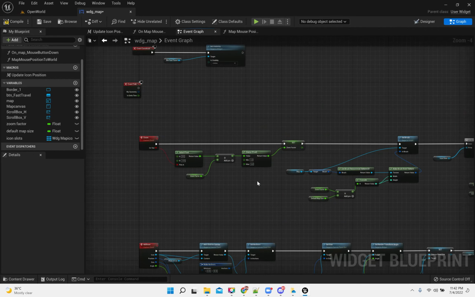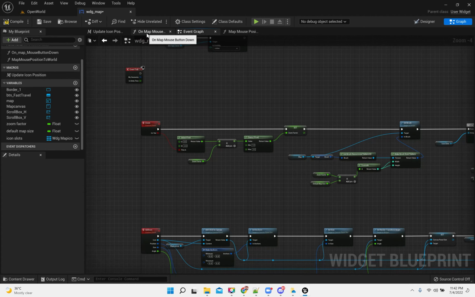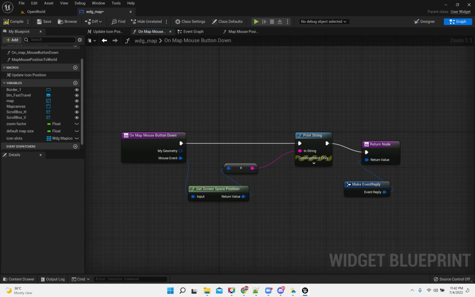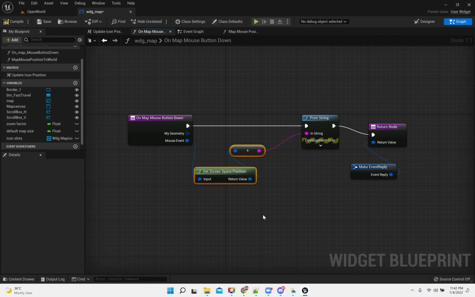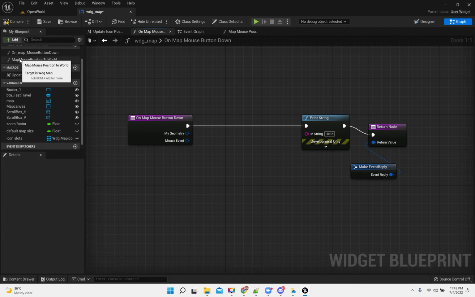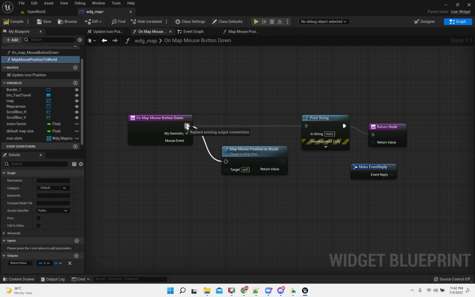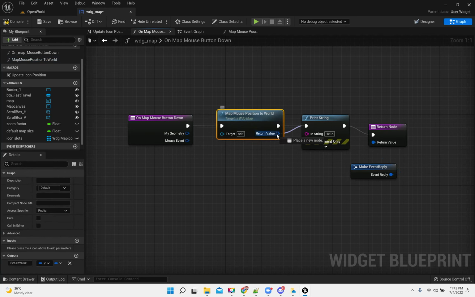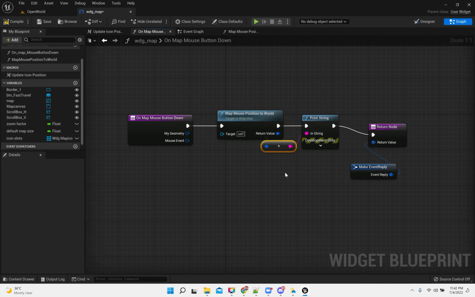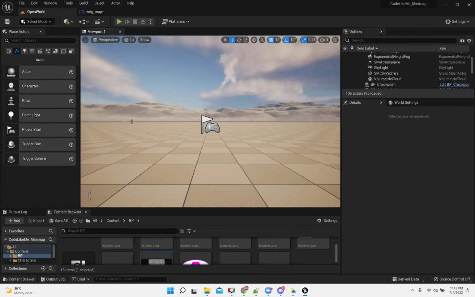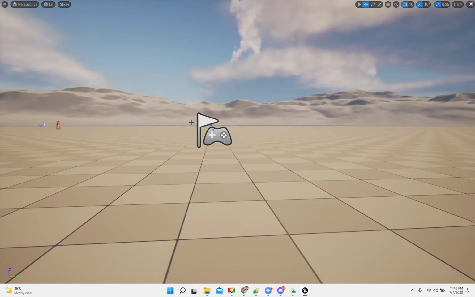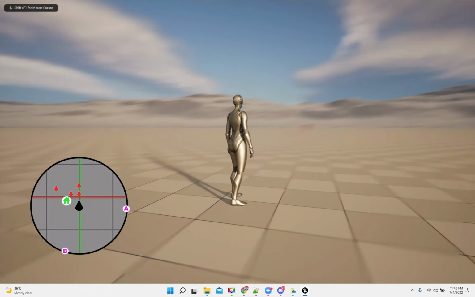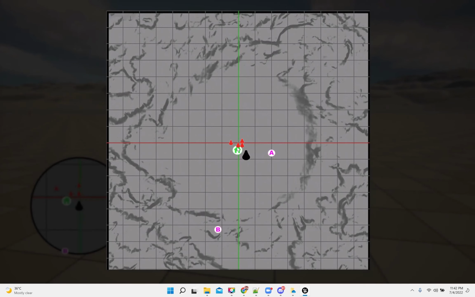So here in this function, on when I press mouse, instead of this I can use map mouse position to world and print this location. So now here, if I play the game and open the map, and if I right click here,